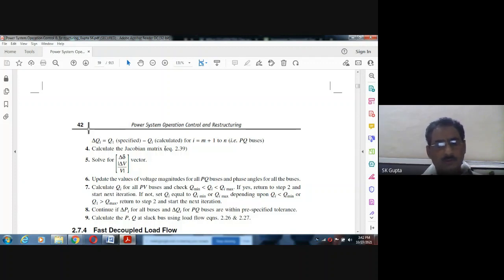We will go on with this till two consecutive values are nearly the same, and in the last we calculate P1 and Q1 at the slack bus. So in this way we perform the Newton-Raphson method. I hope this might be clear to you. If it is not clear, then also